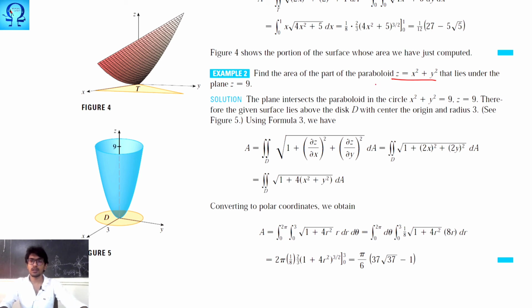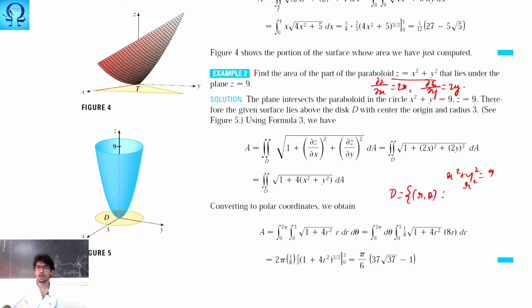Okay, so from the given one, how are we going to convert all these things? Let me tell you. From the given, you may find your del z upon del x is 2x, and your del z upon del y is 2y. Okay, so your surface area over D is integral of root of 1 plus 4x square plus 4y square dA. Okay, now we will have to identify what is this D. So we are converting this to a polar coordinate. So D is going to consist of r and theta, such that you may very well see that on z is equal to 9, your x square plus y square becomes 9. Therefore your r square is 9, r value is 3.